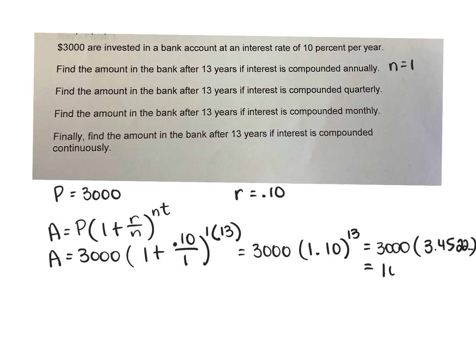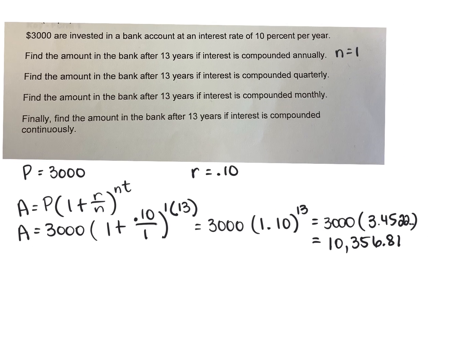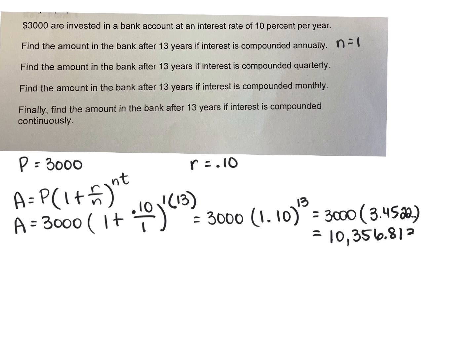And after 13 years, you would expect to have $10,356.81. Now, I don't know where it wants you to round. It might be the nearest whole dollar. You'll just have to read online. If it doesn't tell you to round, then you want to keep all the decimals. So the ones that my calculators show are 0.81364. Now, in the actual banking industry, you would round to the nearest penny. So that would be